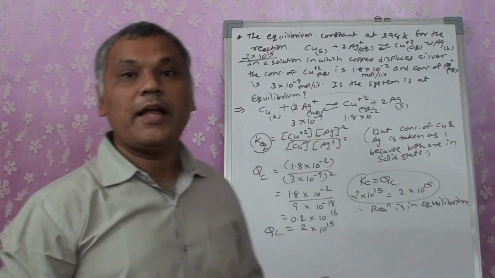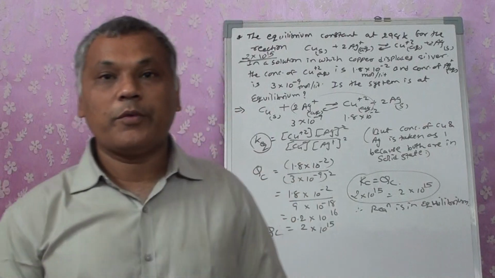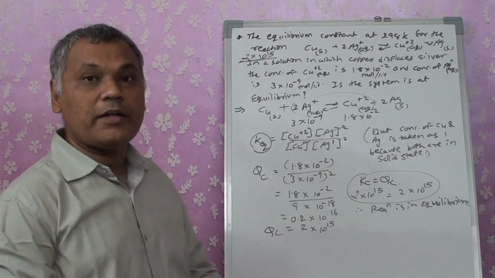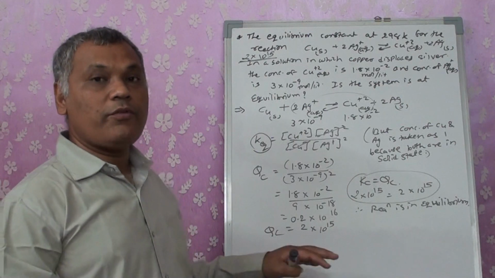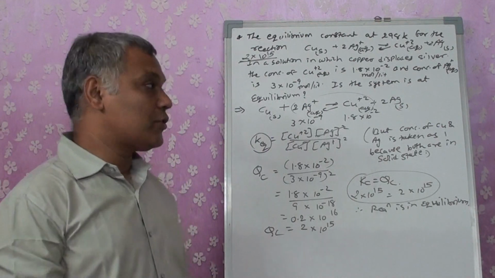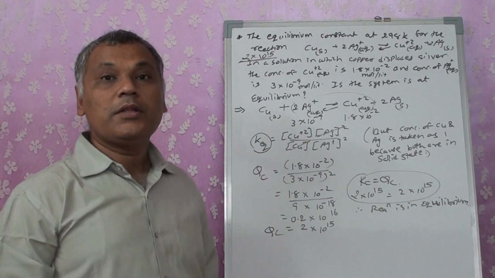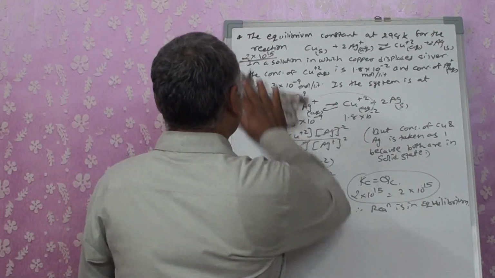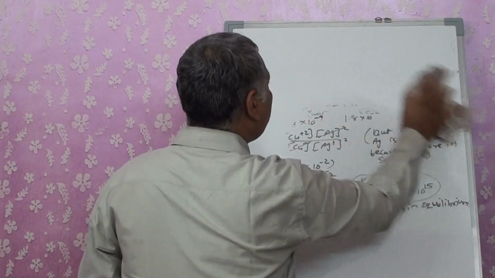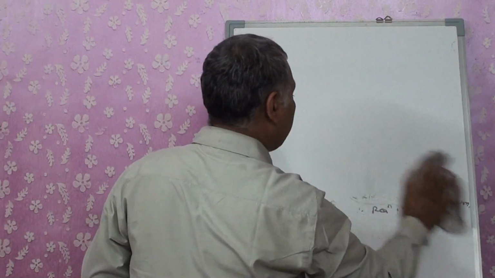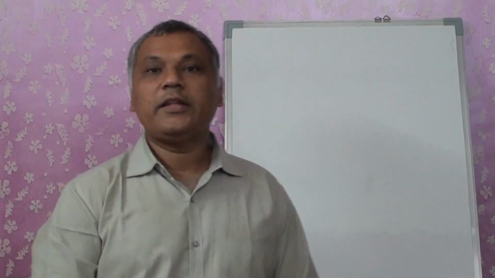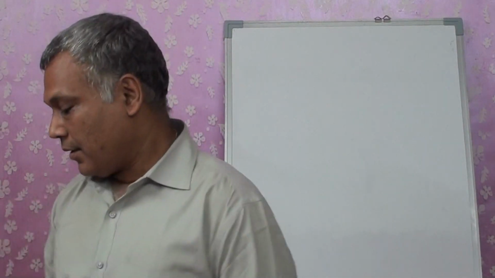So we can say that the reaction is not in an equilibrium condition, right? Okay. Next sum we will be doing a similar type, so that we can find out what the answer should be if the reaction is not in an equilibrium condition. So let's do another similar type of sum, but this time the Kc and Qc we will be taking in such a way that they are not the same, right?